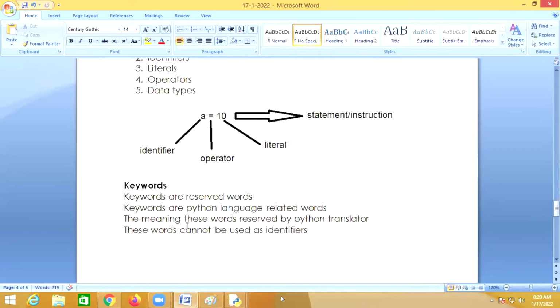The meaning of these words is reserved by the Python translator, and these words cannot be used as what? Identifiers. You cannot use these words as an identifier.